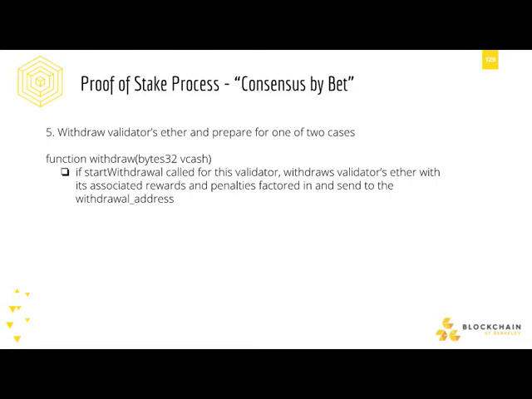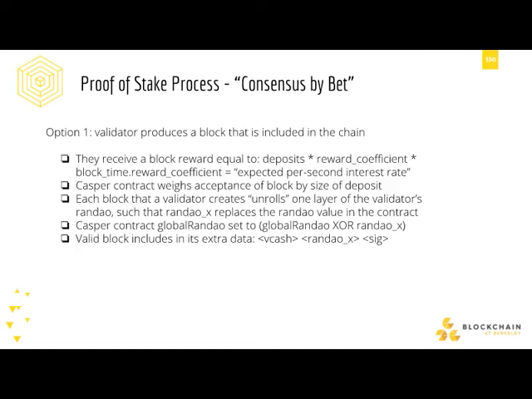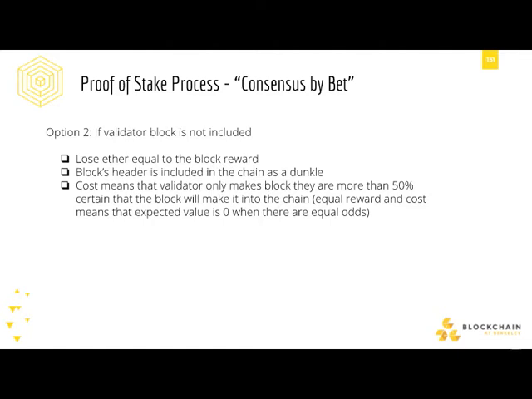Next is withdrawal, which is if you've done everything correctly up until this point, your stake is now subject to two potential cases. One is that the validator produces a block and that is included in the chain, in which case you receive a reward for picking the right chain, and this increases proportionally with the stake that you've offered on whatever block you included. The second case is if it's not included, in which case, rather than receiving a reward, you receive the cost of that. So it's actually even both ways, an even split, if you're not included.